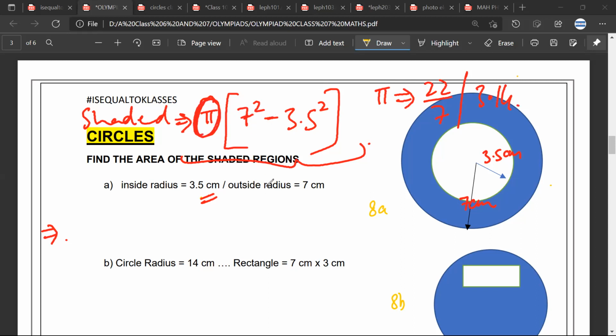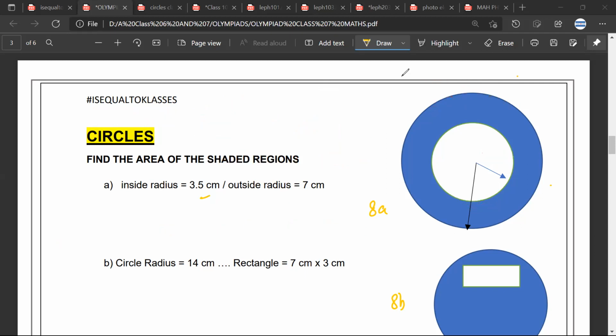Mr. Sarthak, is it correct? Yes, sir. Mr. Sarthak, what is the answer that you got? 115.4 centimeters square. Satya, any doubt? Yeah, so I didn't understand this. What you didn't understand? The last one, like the calculation.